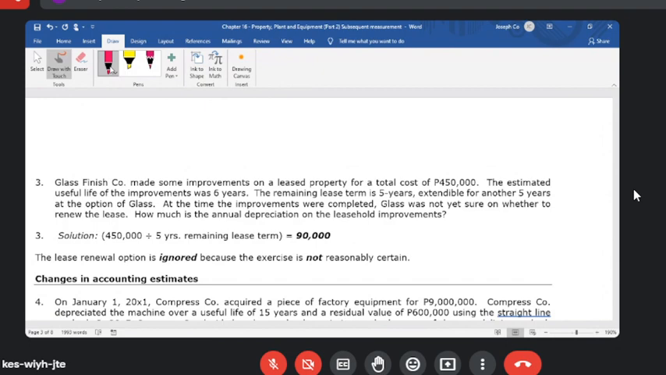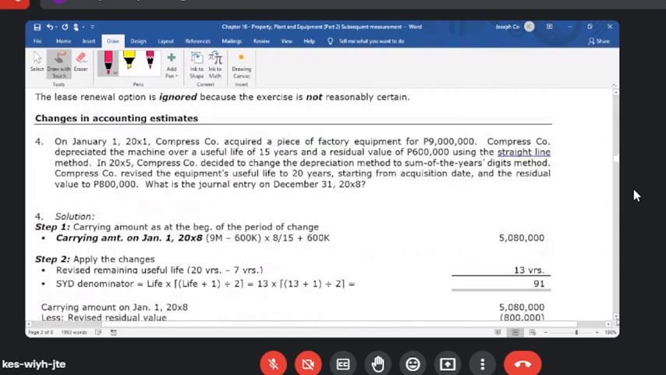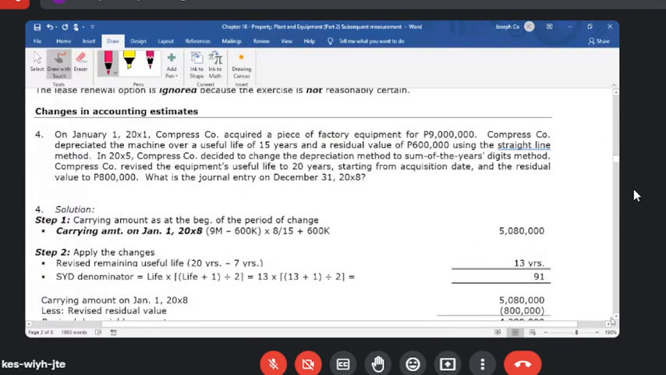Between the useful life and the lease term, the shorter shall be used. 450 divided by 5 years, our annual depreciation is 90,000. And then again, in case there is a change in accounting estimate, the effect is prospective application. Example, on January 1, 20x1,